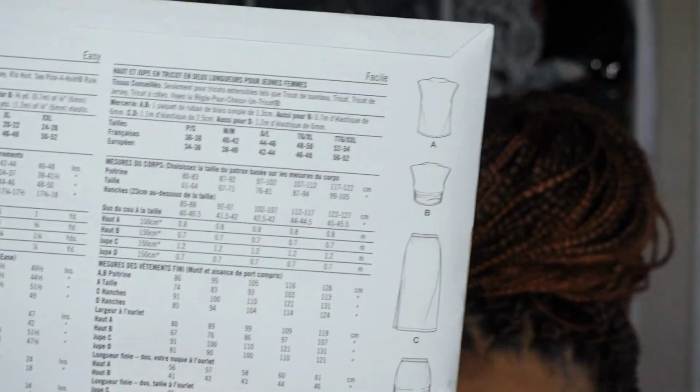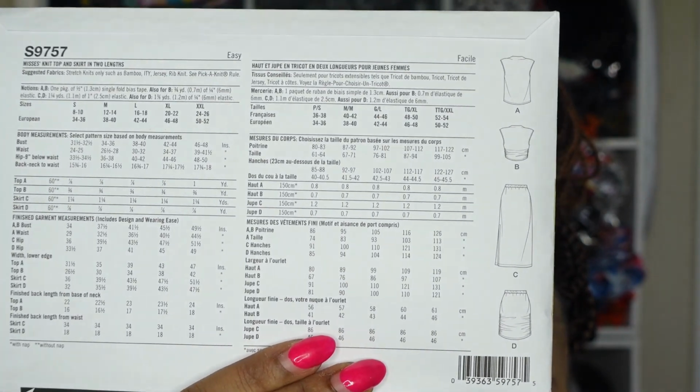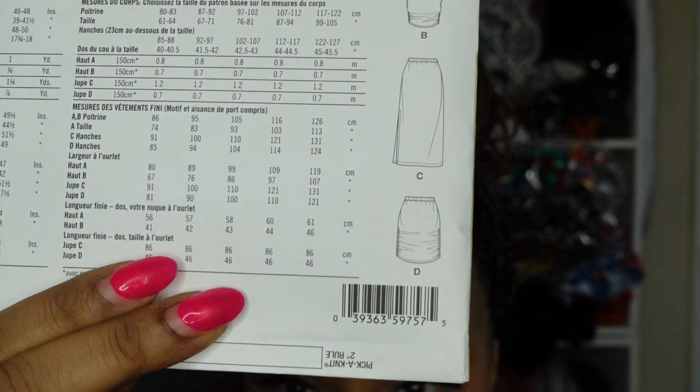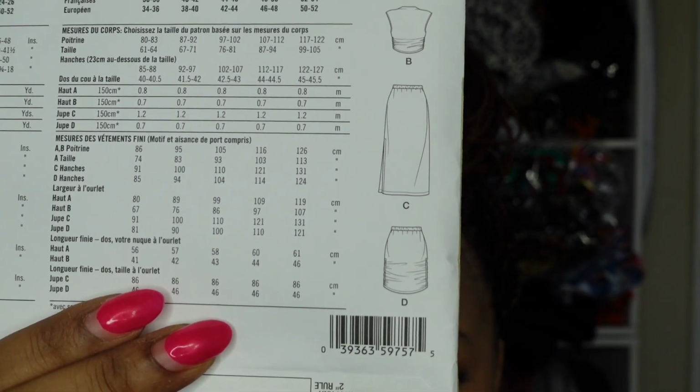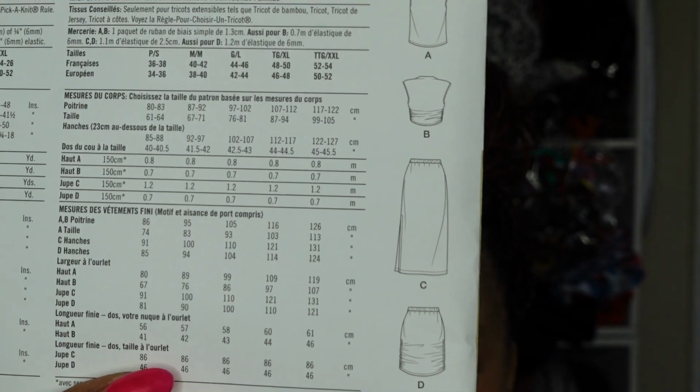So let me go ahead and show you the line drawings in the back. So here are the line drawings in the back, and again, if you look at that bottom skirt here, you can see the little gatherings or ruching for the view D skirt, and I really like that. Then we have my favorite of the collection,